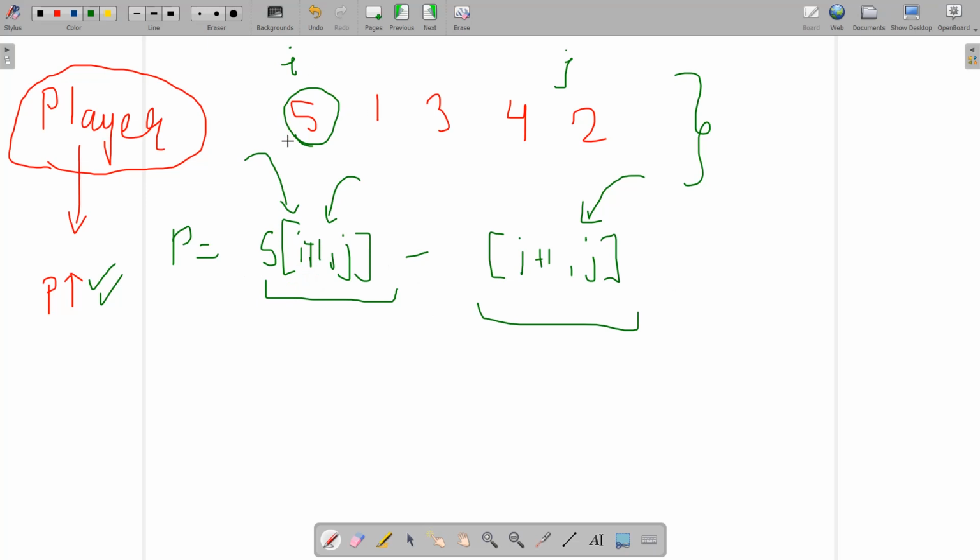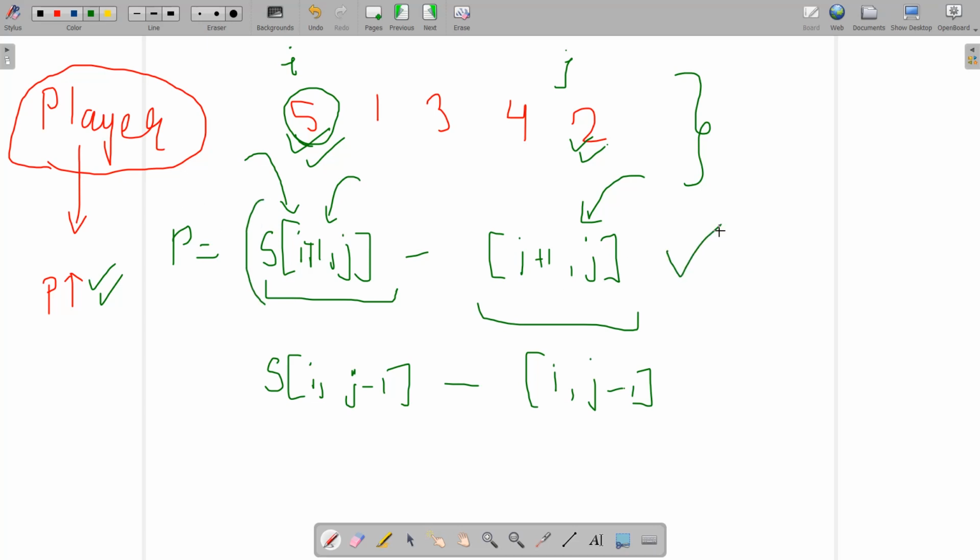So this is for an element being chosen from this position, and similarly for this position I am going to write S of i to j minus 1. That is, if the element is chosen from the rightmost, the score of the player would be the sum S from i to j minus 1 minus the opponent's score, and the new segment to be worked upon, if this is chosen, is i to j minus 1 again, right? So this is the player's score, either this one or this one. So I need to take the maximum of these two things, max. Okay, so that I am going to maximize these things.